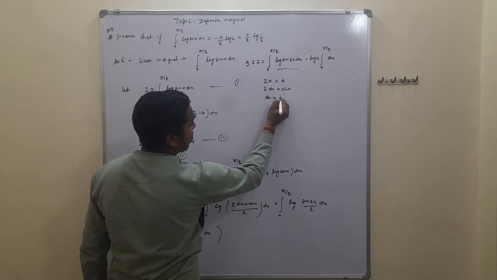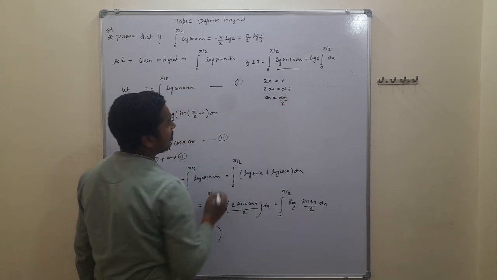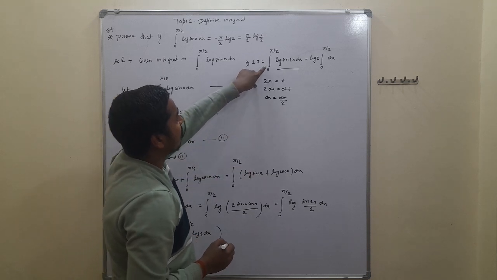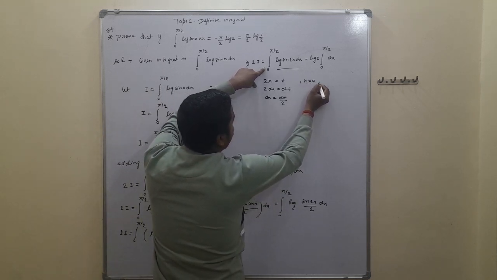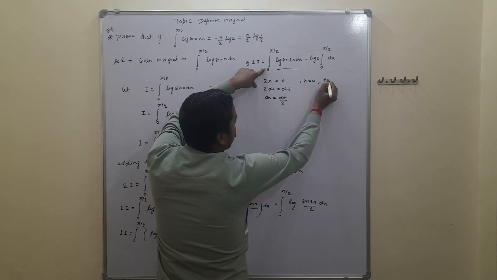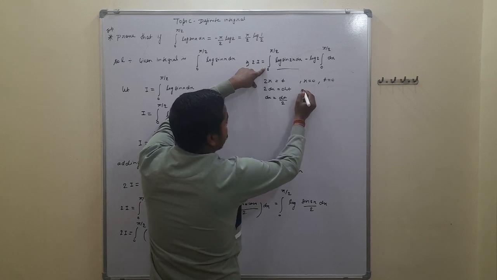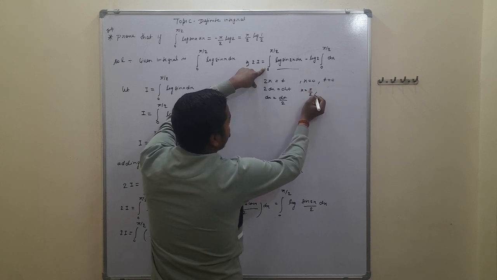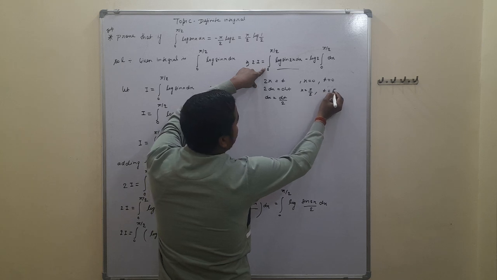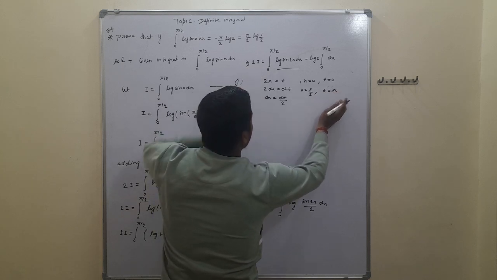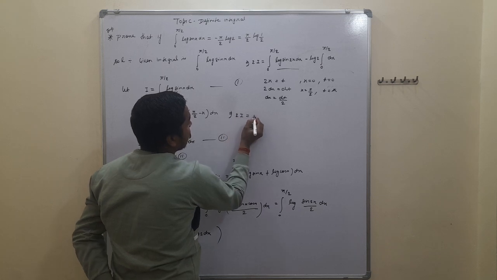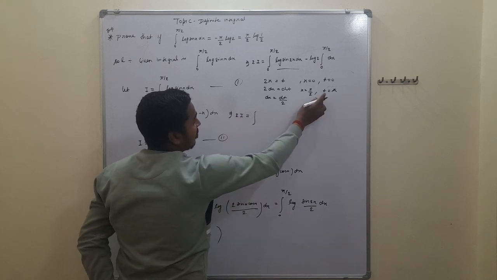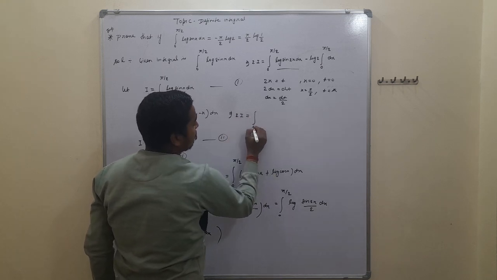dx is replaced by dt upon 2, and we can also change the limits. When we put x equal to 0, we get t equal to 0. When we put x equal to pi by 2, we get t equal to pi. And so we write 2I is equal to the integral with new limits 0 to pi,